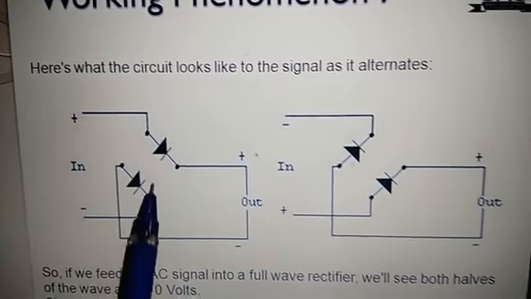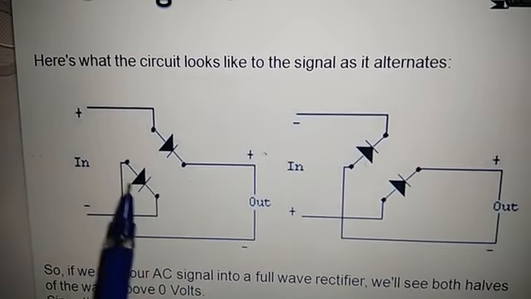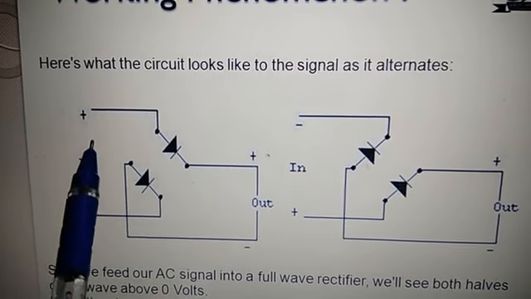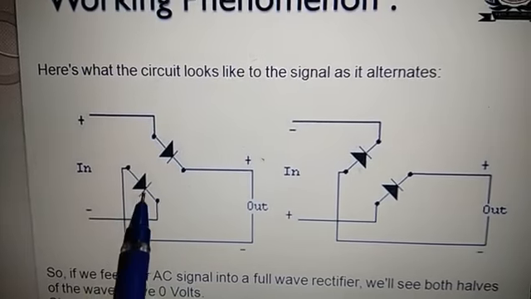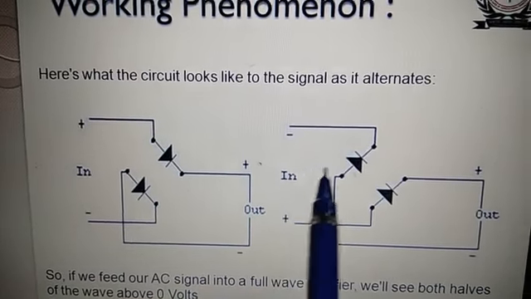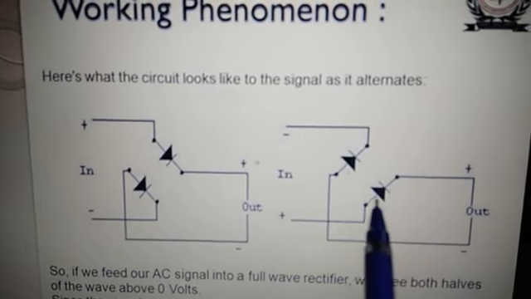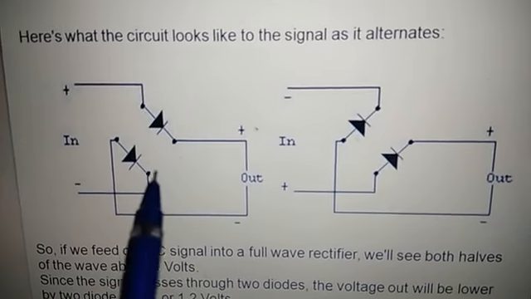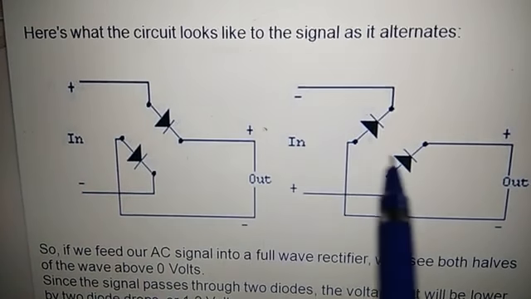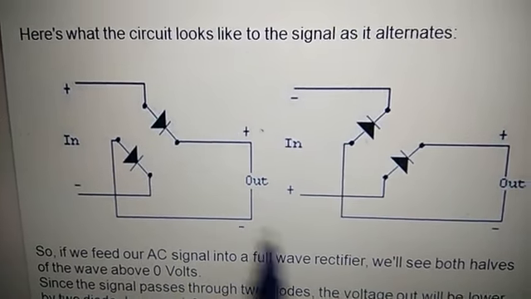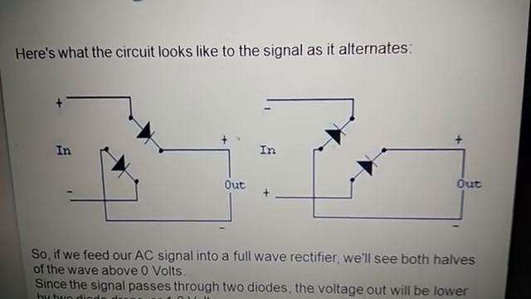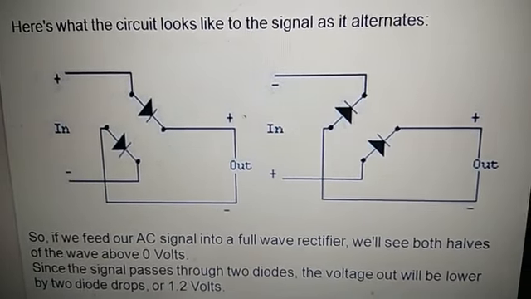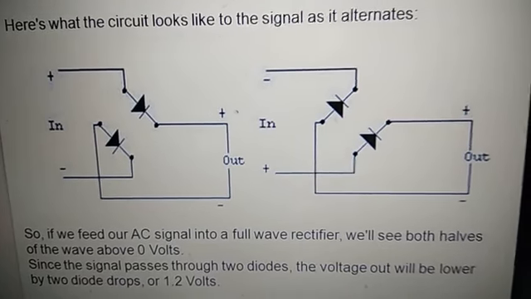So these are the 2 diagrams showing the current flowing in the positive half cycle. When the positive half cycle goes, 2 diodes will be conducting, and when the negative half cycle goes, these 2 diodes will be conducting. So the bridge will be like this. This is the connection of the bridge, 2 diodes and these 2 diodes. So this is the flow diagram of the current in positive and negative half cycle, and you will get the